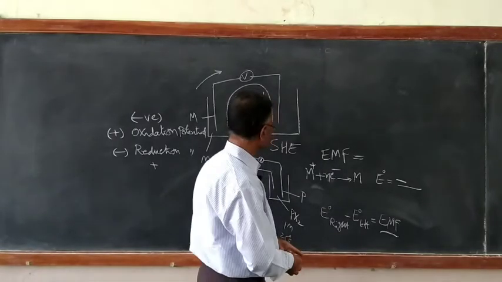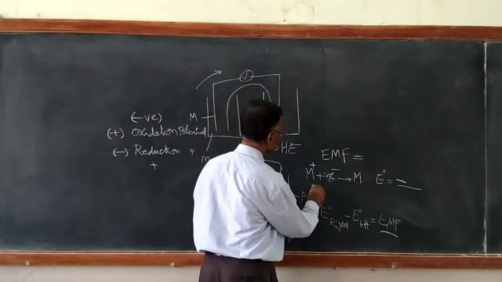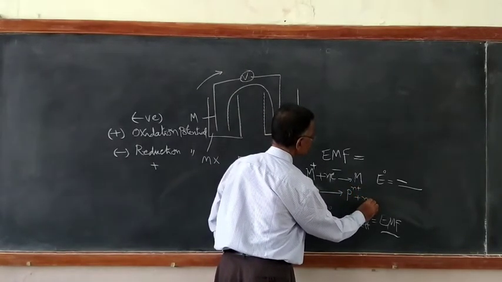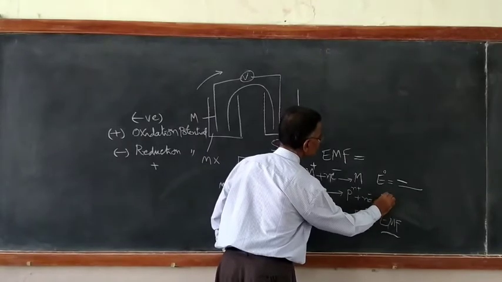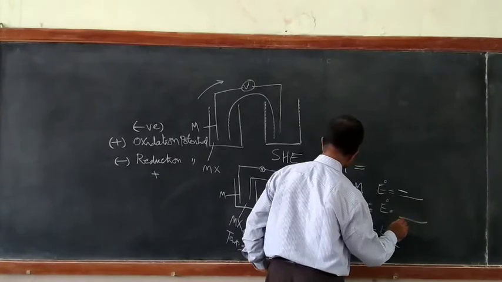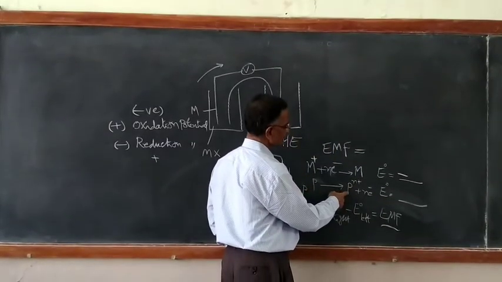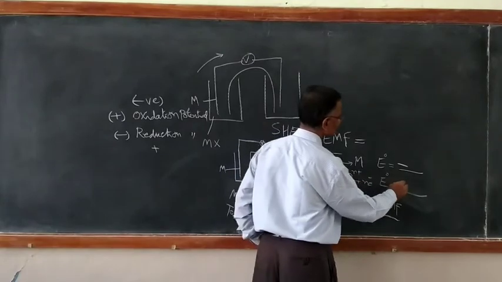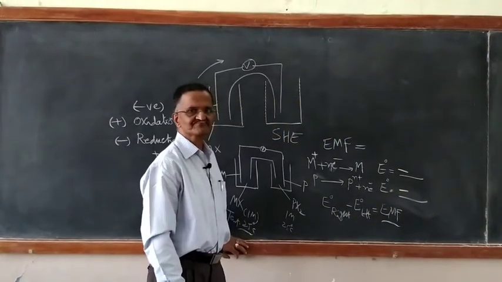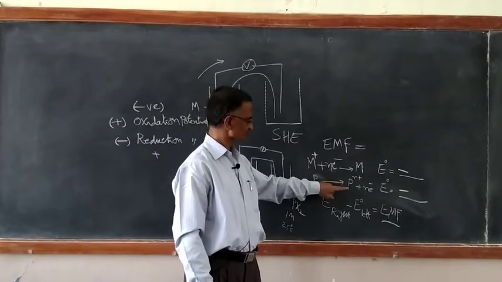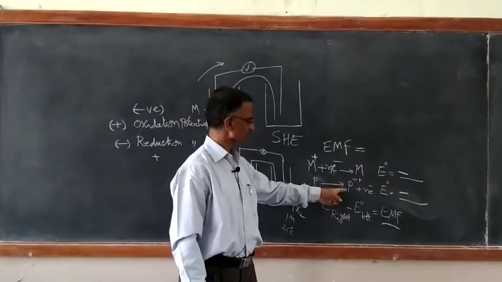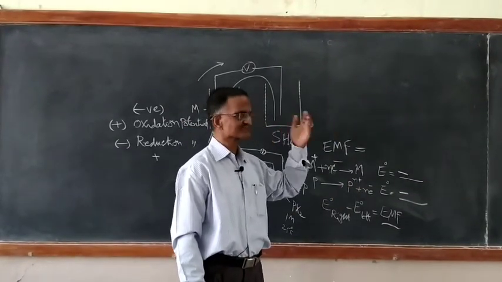Value is given in a different way. P undergoing oxidation to give electrons is in negative terms. If the value is in negative terms, the value that is given is for what? P to become P n plus plus number of electrons, that means it is for the oxidation process.